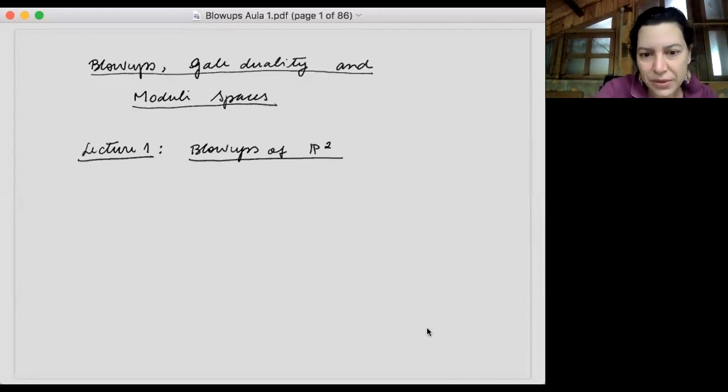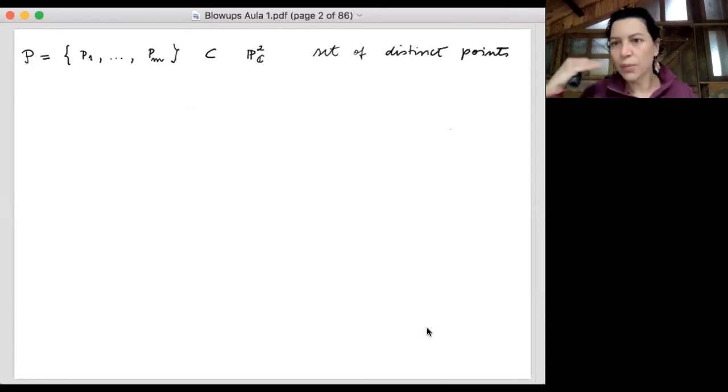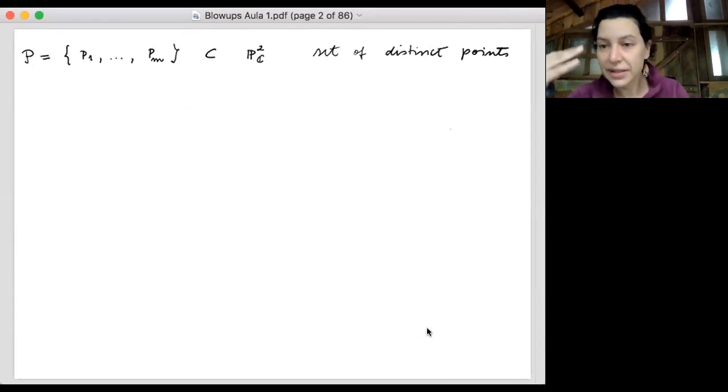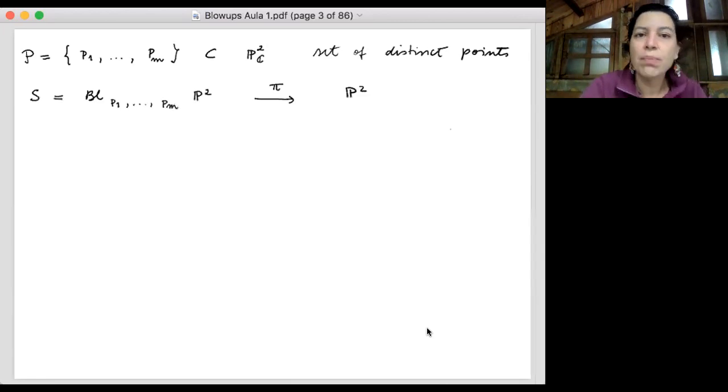Here is the setup. We are going to be working with a set of m distinct points in the complex projective plane, CP2. So we always work over the complex numbers. Many of the things that I will say are still valid over other fields, but I am going to stick with the complex numbers for simplicity. In general, we will start with a set of distinct points, and then we just blow up these points. So this provides a birational proper morphism